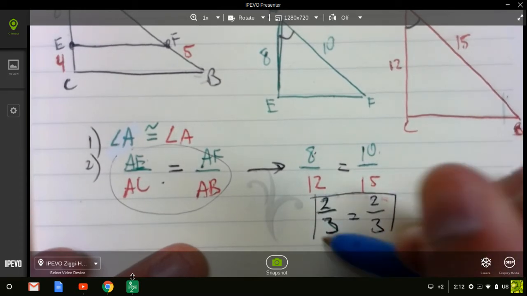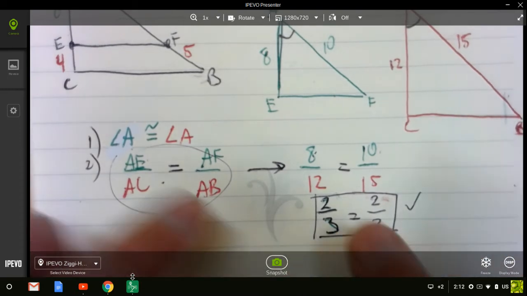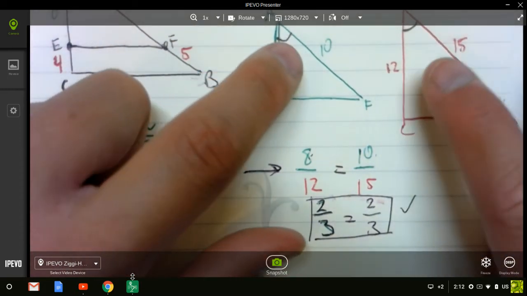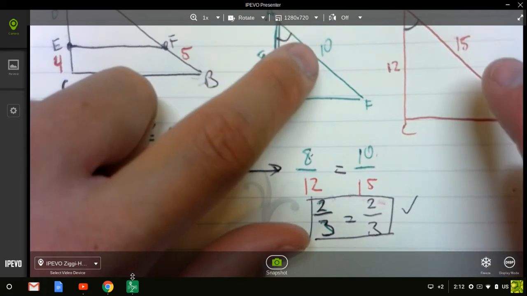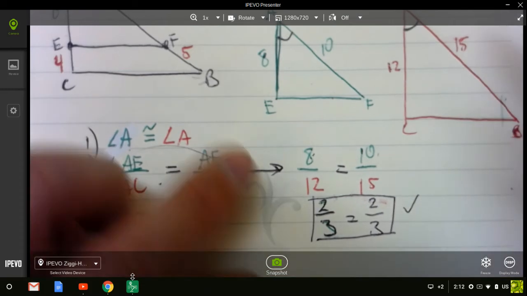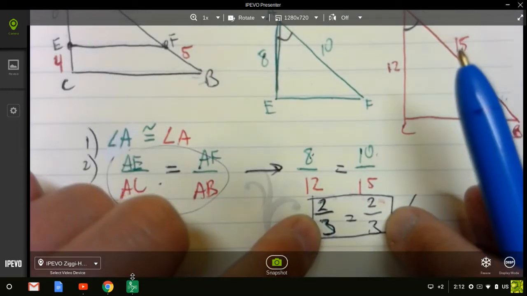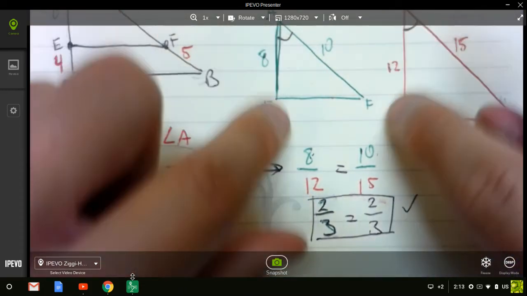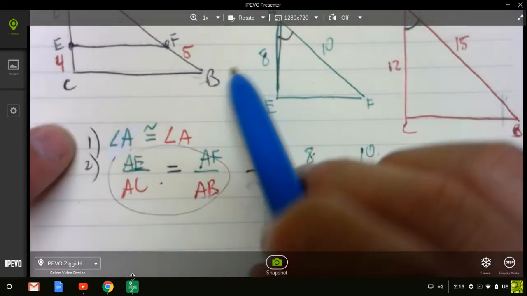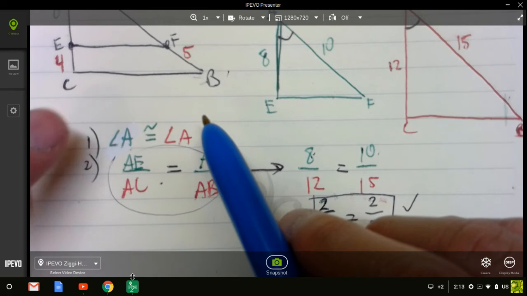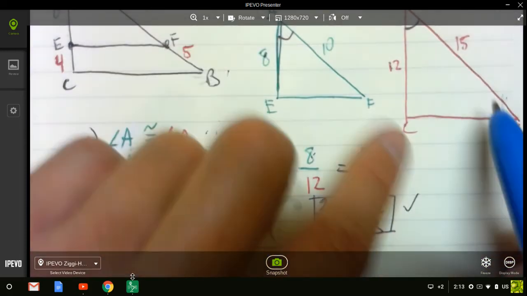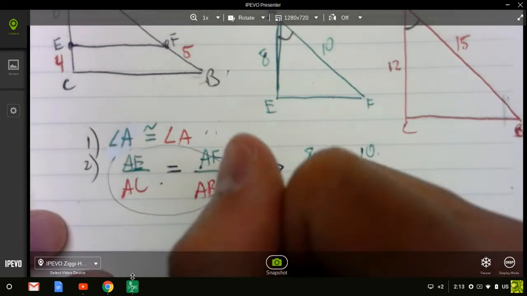So guess what? I have two pairs of sides, AE to AC and AF to AB, that are proportional to each other, and in between those proportional sides is an angle that is congruent. I have that in my first statement here. Congruent angle sandwiched between two sides that are proportional to each other. So what that says is